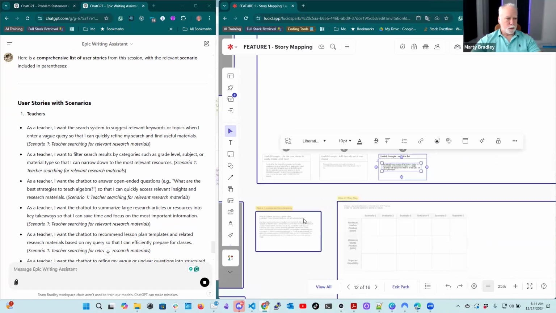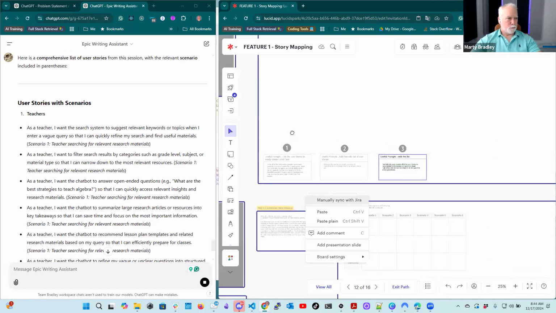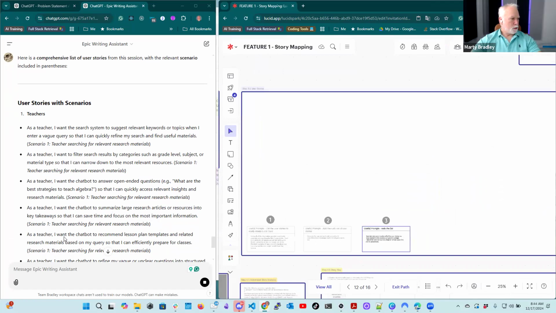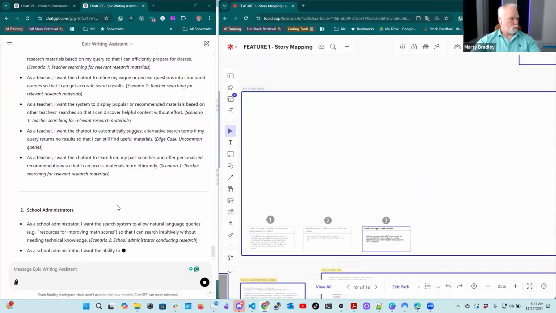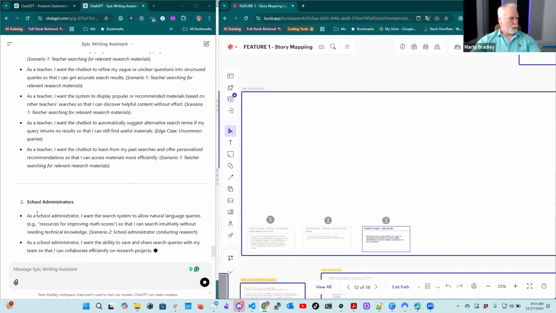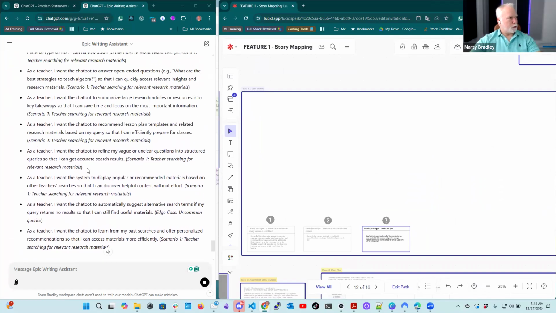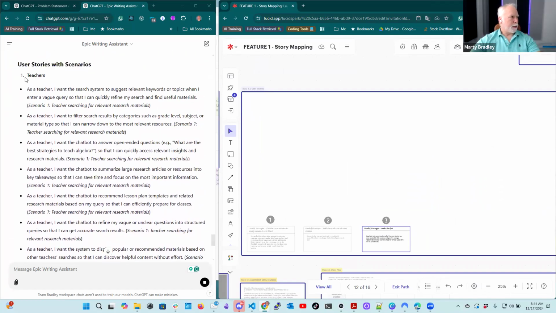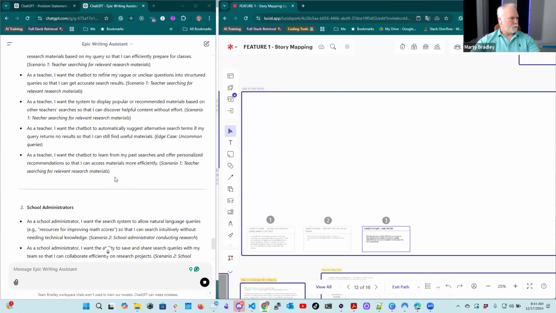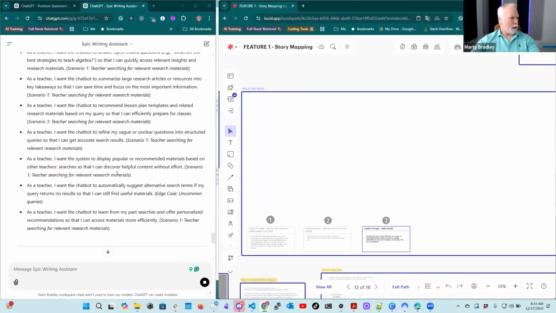While it's doing that, let's get us back to where we need to be. So for school administrators, at first I was a little annoyed by this. I was going to write another prompt to get rid of it categorizing by personas, because it already has a persona in there. But the nice thing about this is that what I can do now is